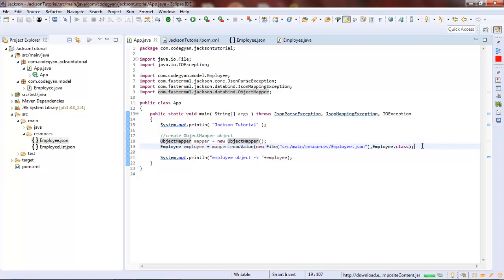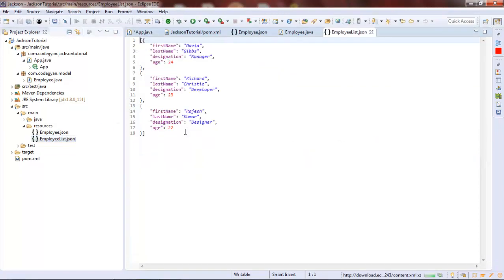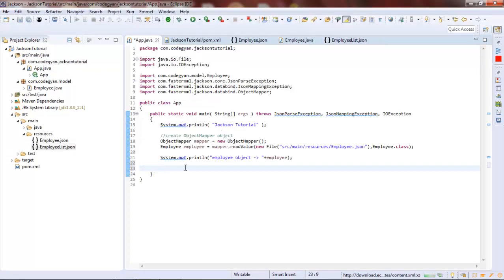Now let's see a little bit more complicated JSON. In the complicated JSON, we will have a list of employees rather than a single employee JSON. How are we going to parse this JSON? Let's see. There are two ways of achieving this. I will be showing you both ways. Again we will be using the same object mapper class.